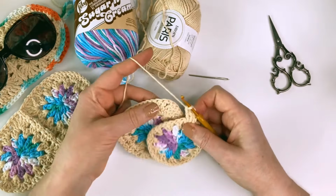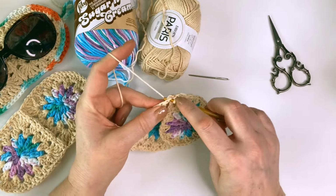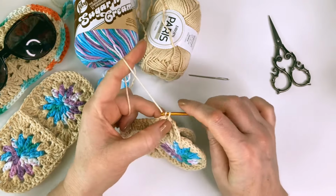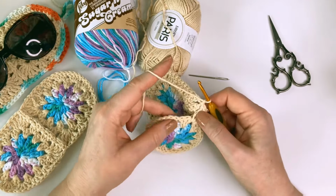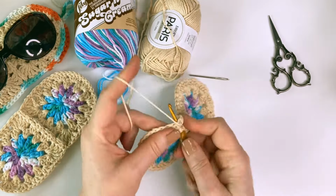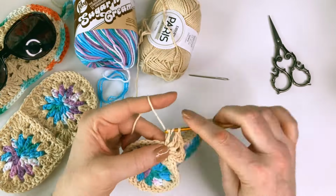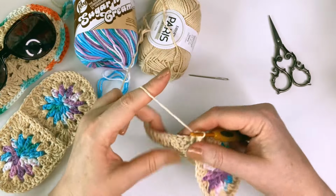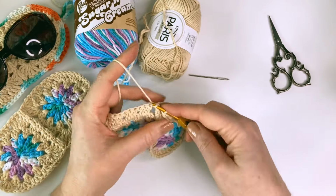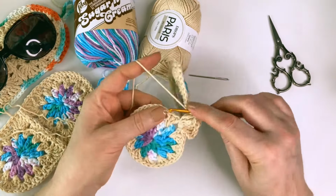Now look for that first corner there. We're going to put a hook through there and then just do a slip stitch. And then we're going to do chain 1 for the corner, and then we're going to put 3 trebles into that same space. And then we're going to go back to our other motif. We're going to look for the next space along and do a slip stitch, then a granny cluster in the next space,